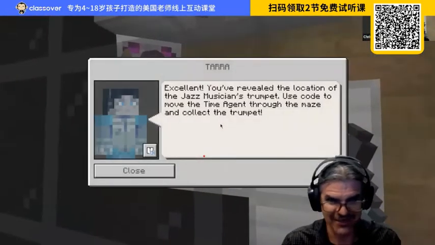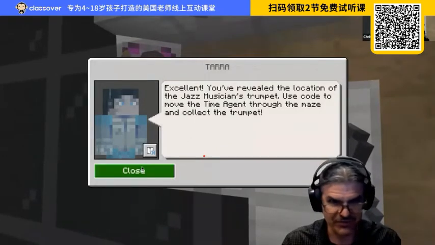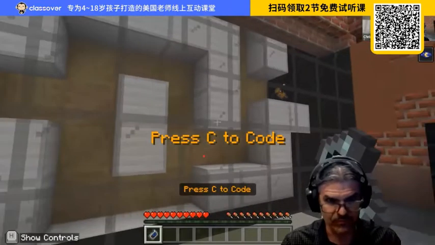And now our agent's here. We've revealed the location of the jazz musician's trumpet. Use code to move the time agent through the maze. Okay, so now we got to pull up our thing there. There's the trumpet,